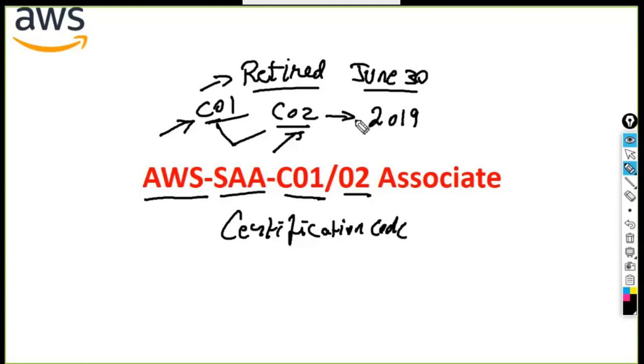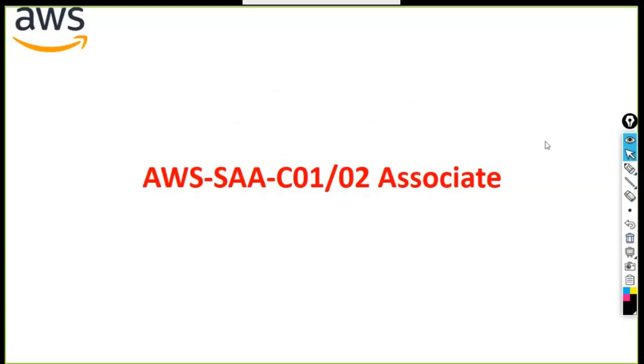I'll be coming up with another session where we will be working more closely towards C02, and people who are interested to take up C02, you have to spend some time exclusively on learning the architectural concepts clearly, and then only you can appear for it. C01 preparations can go on, and you ensure that you complete it by June 30th. Okay, so this is some basic information that I wanted to give before I start with the next slide.